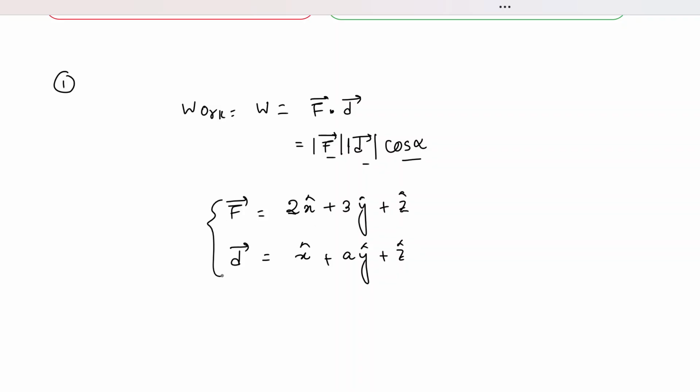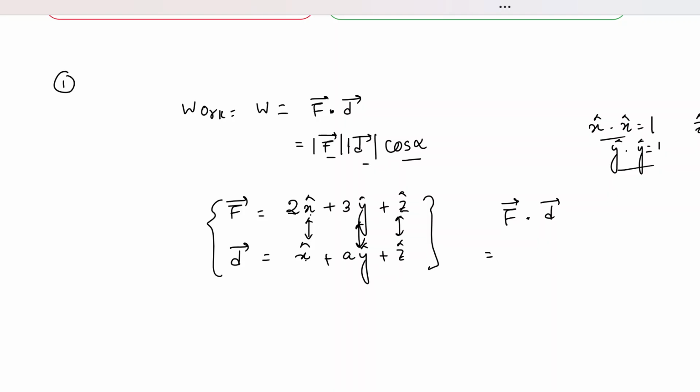Whenever such an expression is given to you, the work becomes much simpler, because the dot product has this property that you can directly correlate each of the similar unit vectors with each other, right? If you take F dot D, what you need to do is simply choose each of the unit vector components which are similar. Like you take the dot product of x cap and x cap, which will be 1. So x cap dot x cap equals 1. Similarly, y cap dot y cap equals 1, and z cap dot z cap equals 1. Each of the unit vectors when taken dot product with itself will be equal to 1.